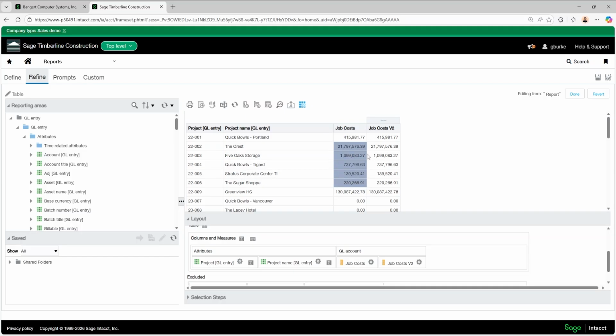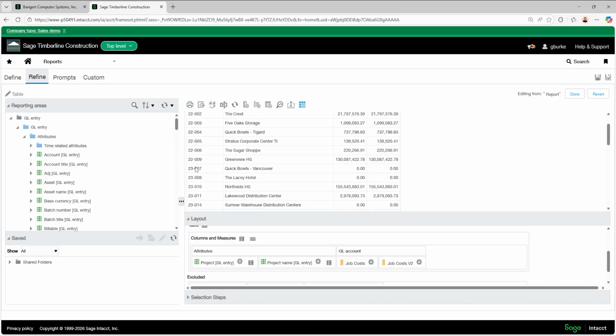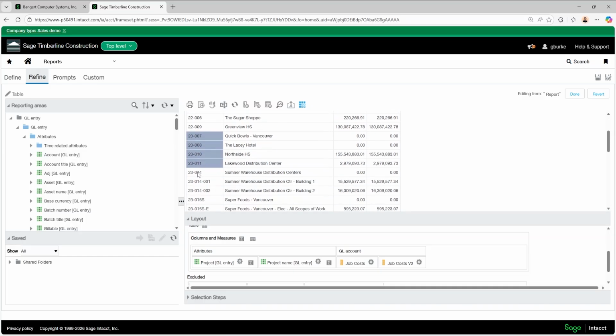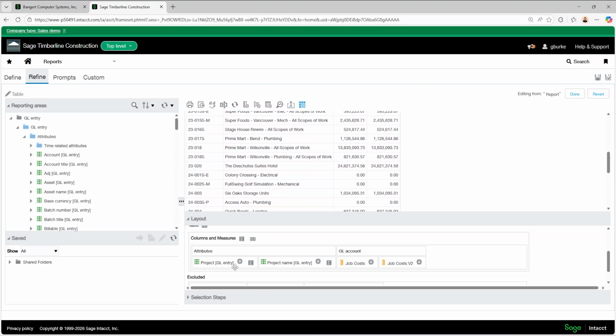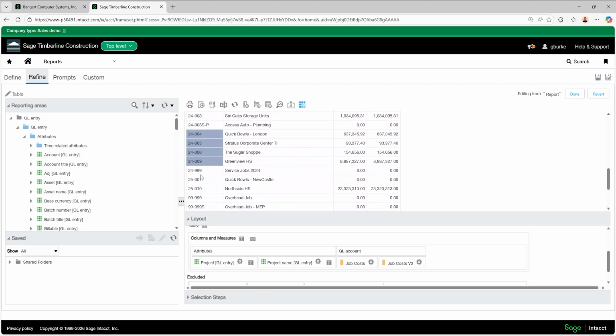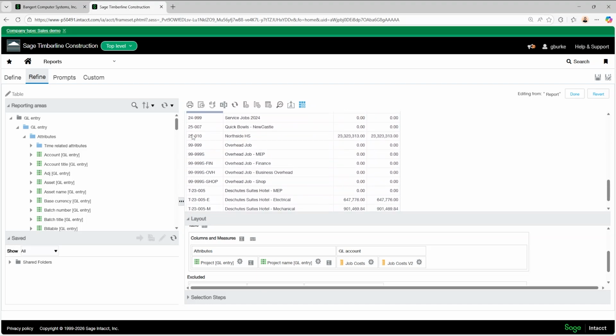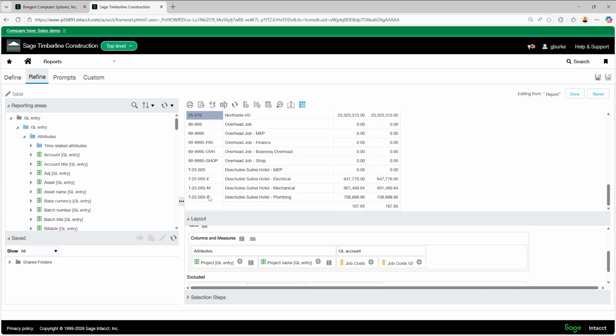So that's a pretty simple case when formula. You can also get a little more complex. You can combine other formulas and you can break it out more than I just did. So for example, let's look at our projects. We have some from 2022, which we know because they start with 22. Some from 23, some from 24, and some from 25. And then we got these other ones.